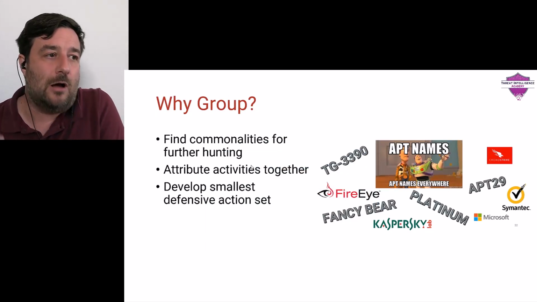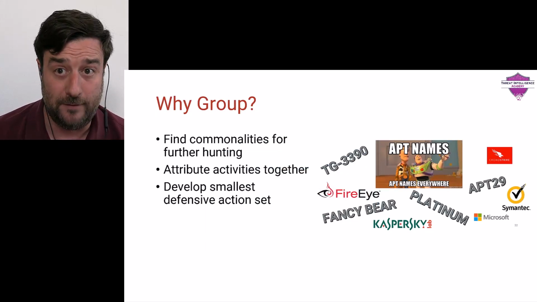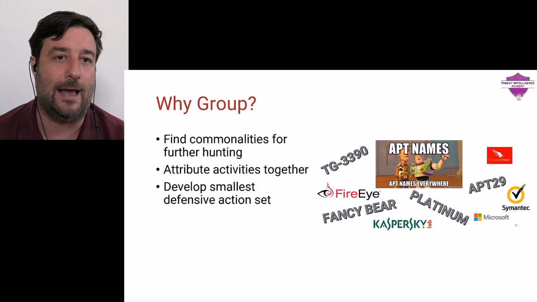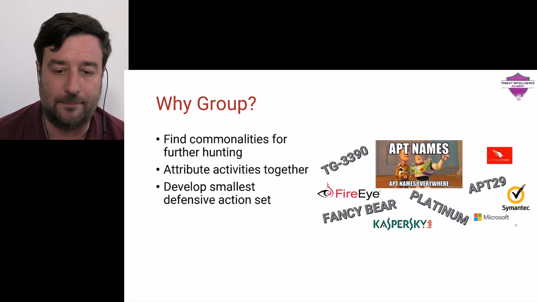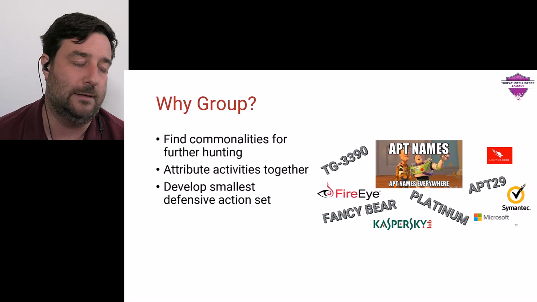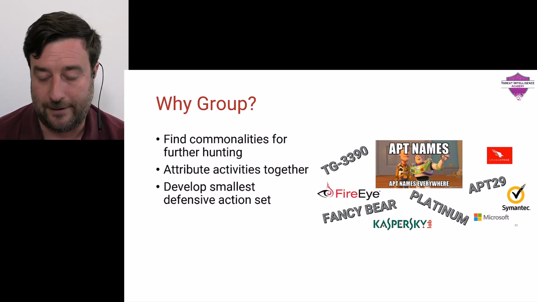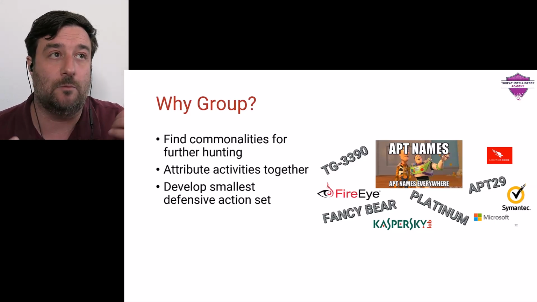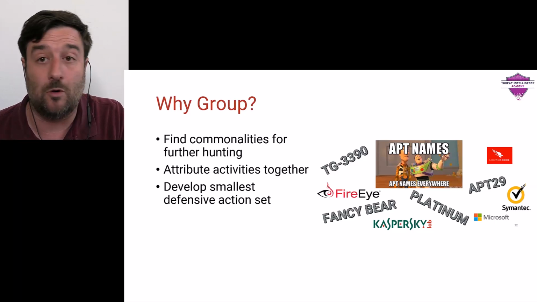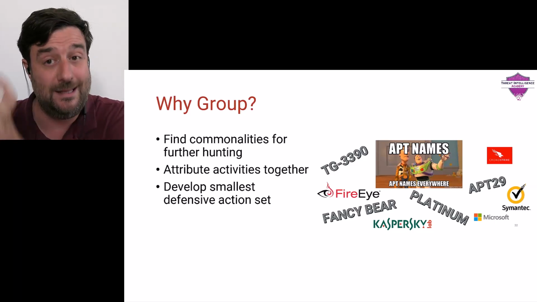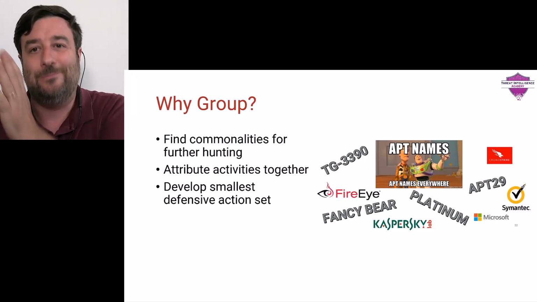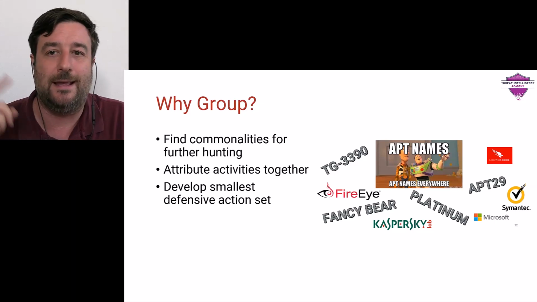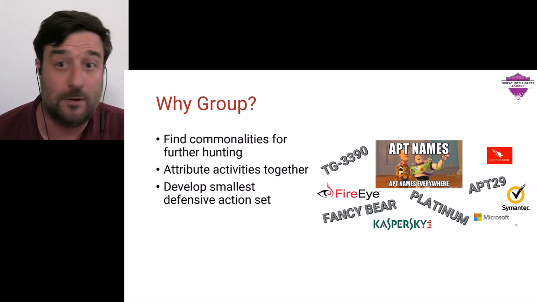But a lot of analysts get very, very confused with these group things, right? These threat groups or adversary groups or whatever. You can see some of the names on here: Fancy Bear and Platinum and TG3390 and all this stuff. People that are either new to CTI or maybe have an incorrect view of it see these as the same thing. They're like, oh, well, Platinum equals, whatever, Iran, and Iran equals these things. Everyone does the A equals B, B equals C, therefore A equals C,